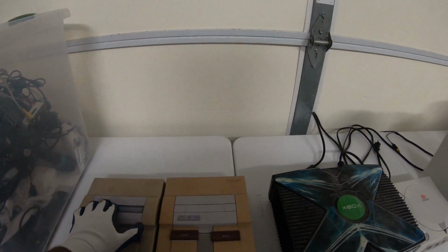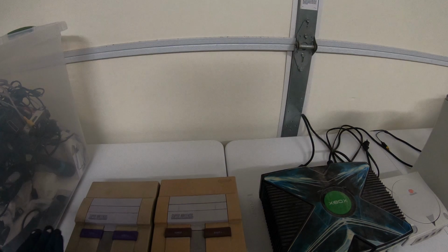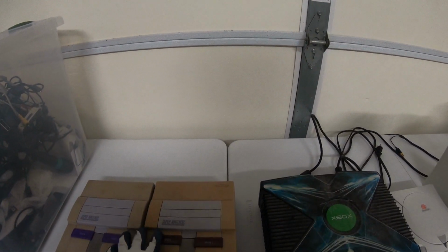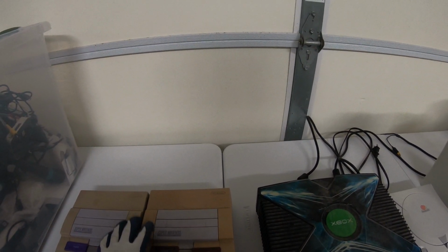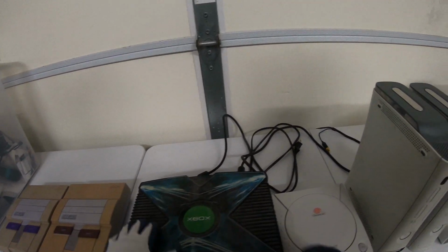There's two of them. They look to be in good shape. This one's fairly yellowed. I'm not sure if they work or not, but I did see the power supply as well as some controllers and the AV cables to hook up the video and audio too. So I did see that inside of here, so I'll use them to potentially test them out and see if they work. But two SNESs, an Xbox that does have the power cord as well as the AV cables on